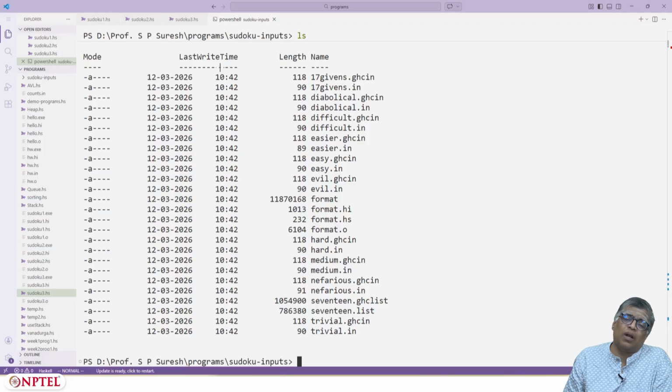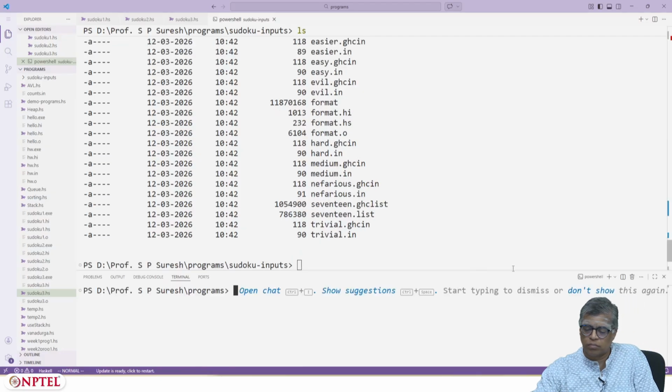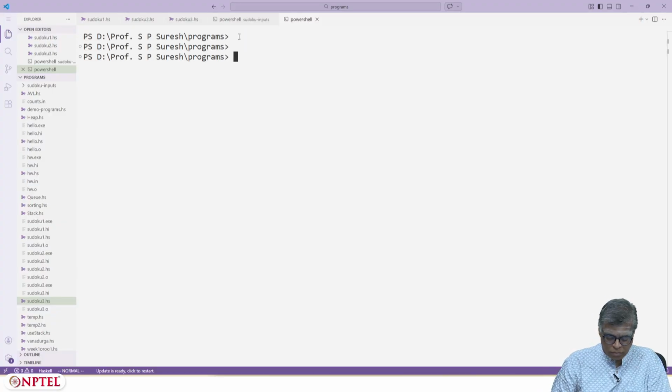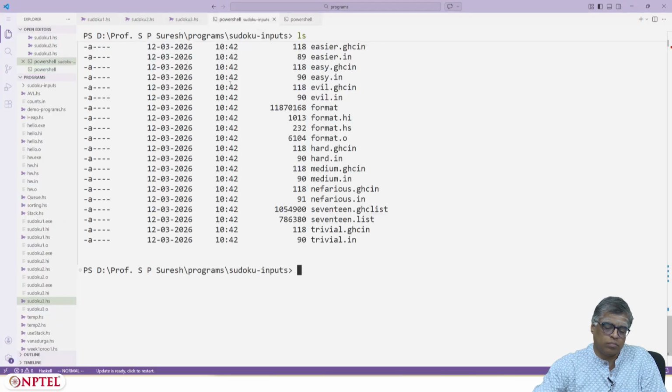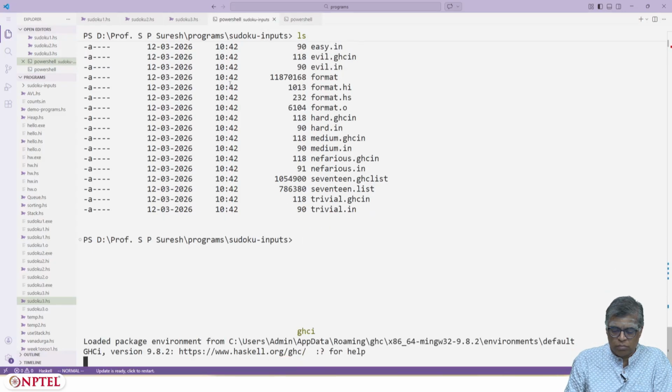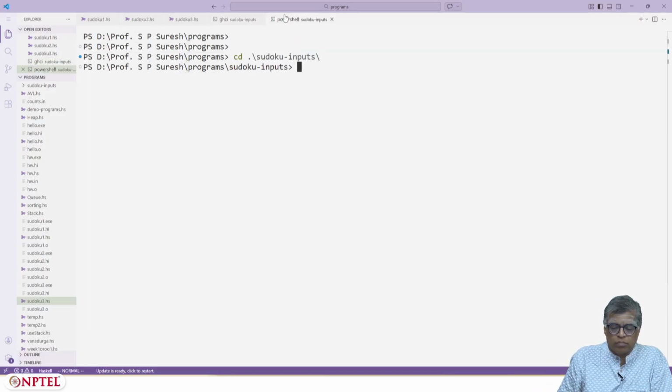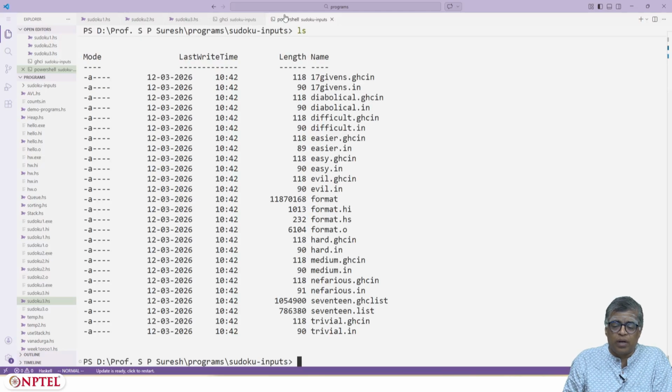What I'll actually do is I'll run these things in GHCI itself because it's easier. I have various sudoku puzzles here.